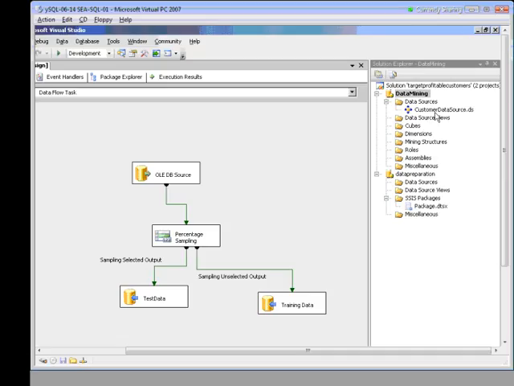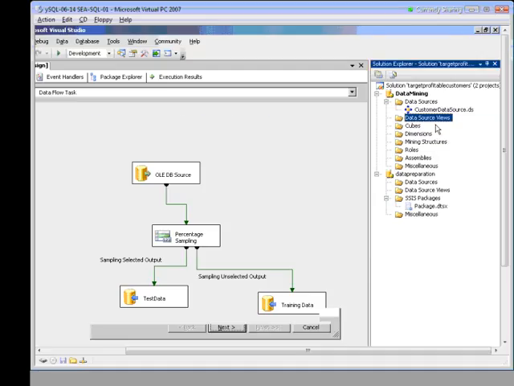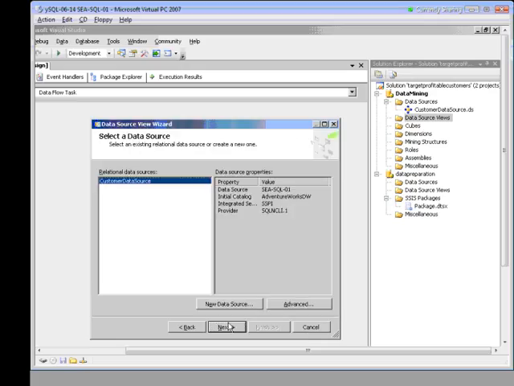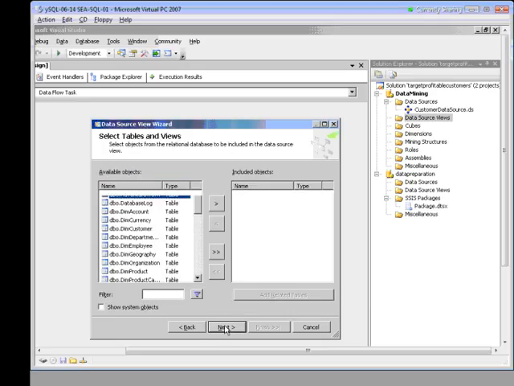Next thing we need to create is a data source view. A data source view allows you to define the scope of your problem. For this view, we're going to take the data source we just created. So go to Data Source Views, right mouse click, New Data Source View. And again, we're going to launch the Data Source View wizard. And here we want to pick customer data source. So the one we just created is a default here, so click on Next. Now it brings up the data source view, allows you to scope it. You'll have the view of the logical at the top of the physical connection that you made.